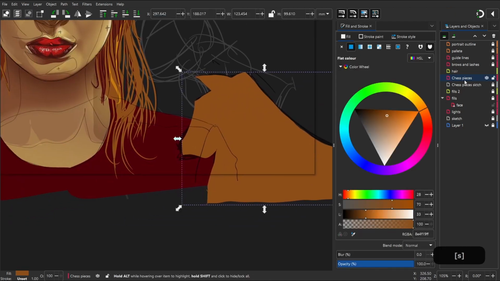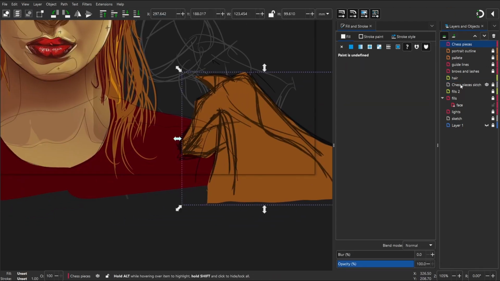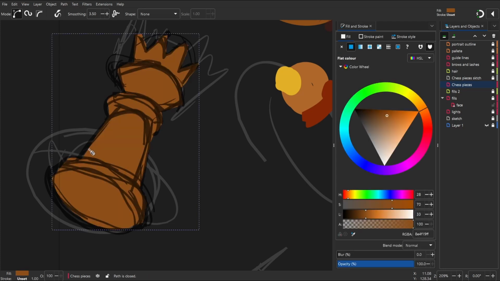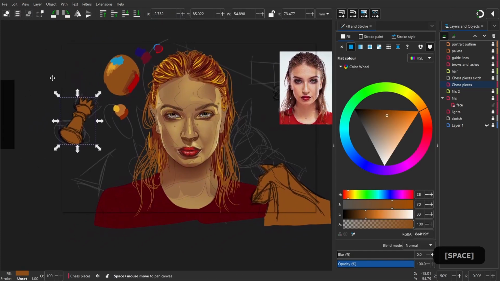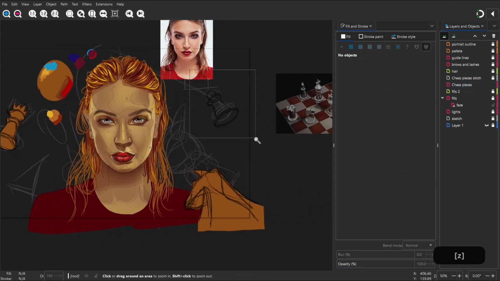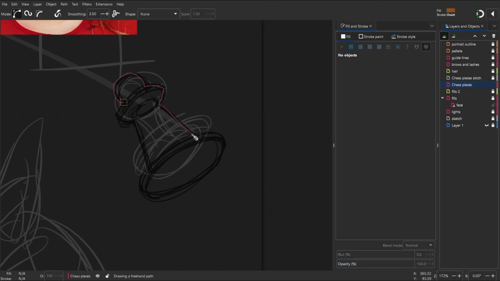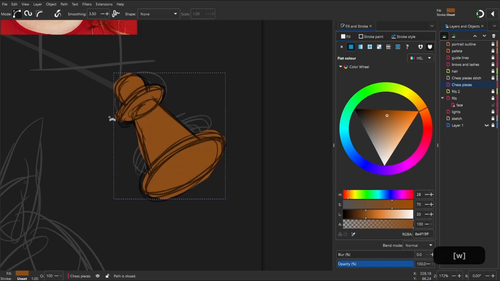Now getting onto the chest pieces. On a fresh layer, I am making the chest pieces. This will follow kind of the same process. I usually have my outlines, the contours, and then filling it, the shades, blurring shapes, reducing the opacity of shapes, giving them shadows, shades, middle tones, highlights, and then it's kind of a simple